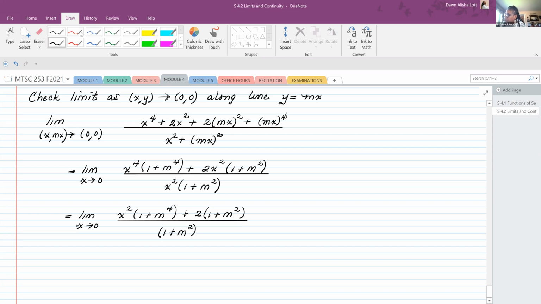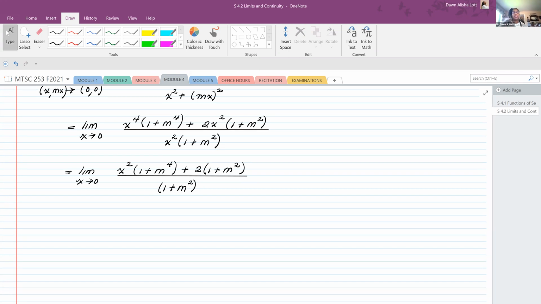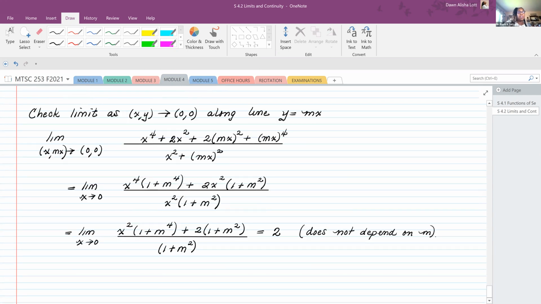And so as x goes to 0, the first term goes to 0 and gets killed off, and the last two terms just give me 2. So I get equals 2. That's nice. It does not depend on m. Okay, so far that's looking good. It looks like the limit might be 2. So let's check